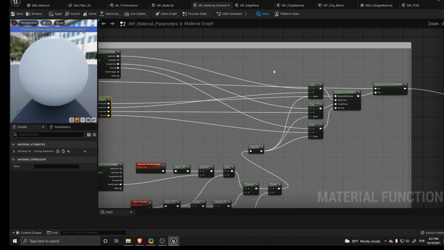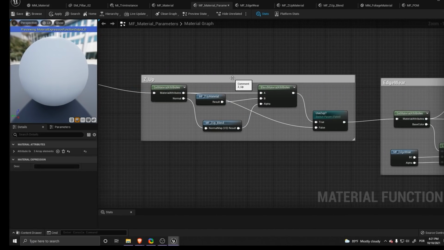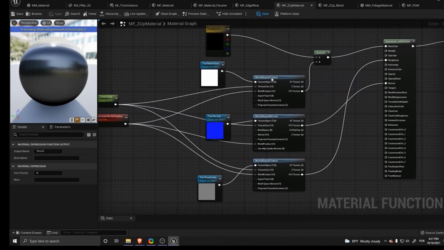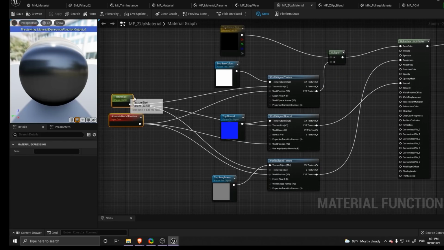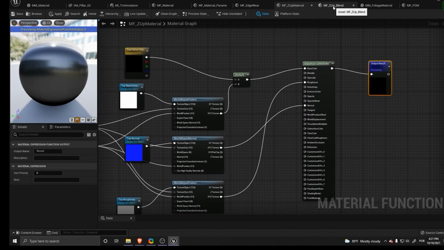On this part right here is just the RVT. And then on this area we have the Z up. I'll go ahead and pull up the Z up and the Z up blend functions again in case anyone wants to do something similar. Let me put it closer. And this is the Z up blend.